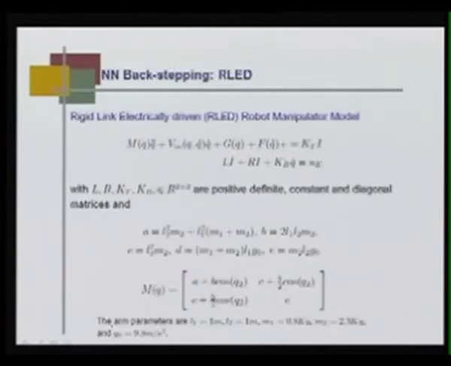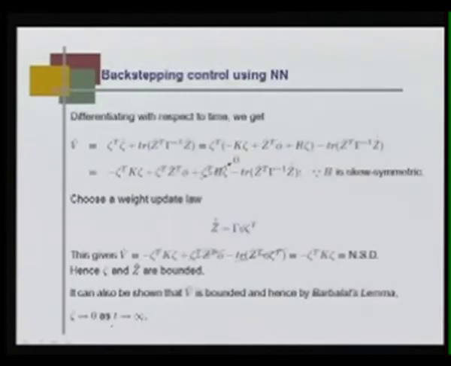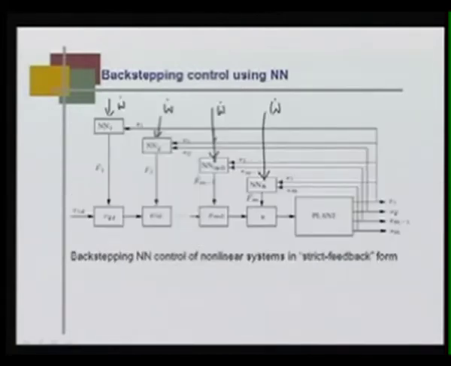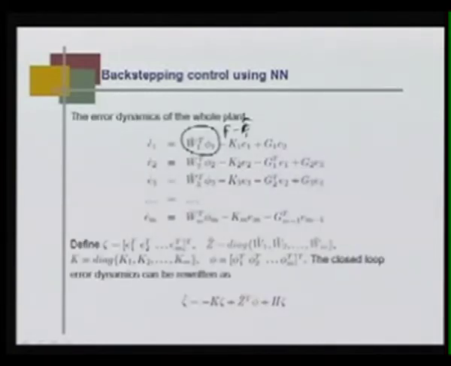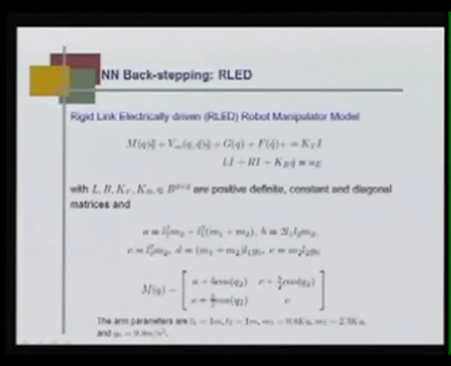So, what we just learnt is this weight update law, for which this particular dynamical system, or this closed loop error dynamics, is stable, where a neural network has been used to estimate the unknown functions f 1 to f m. Now, we take an example